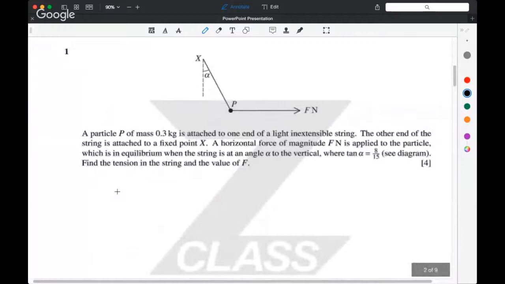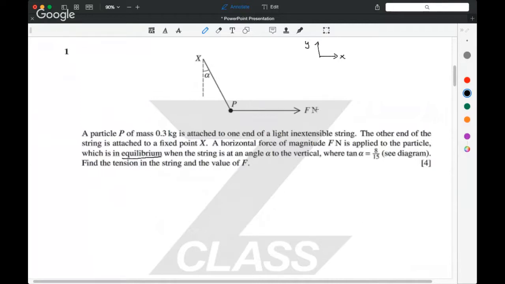Okay, so this first question, not too difficult. It's all about balancing forces. So you've got this particle in equilibrium, and that means that the forces are all balanced along all perpendicular directions. So if you think of the x axis, so we're defining our axes like so, x and y, then the forces in the x direction are firstly